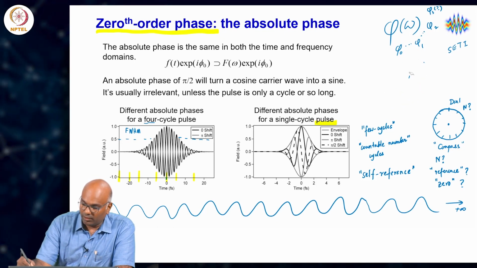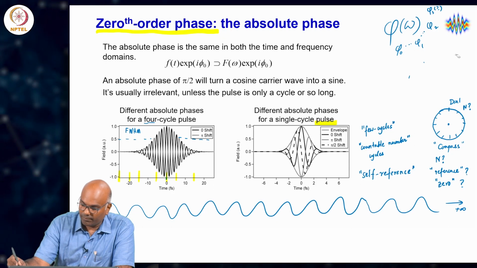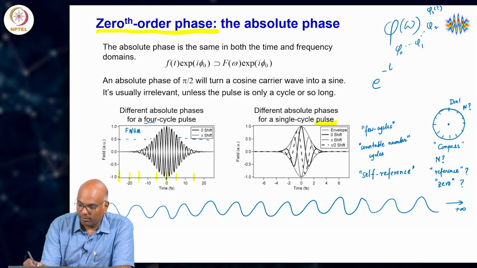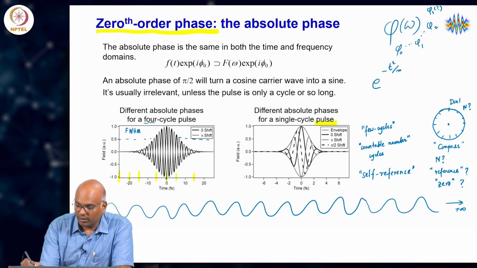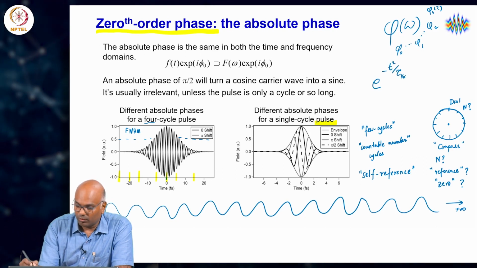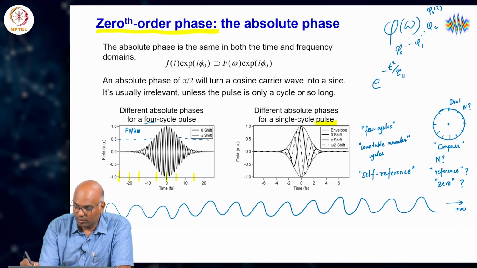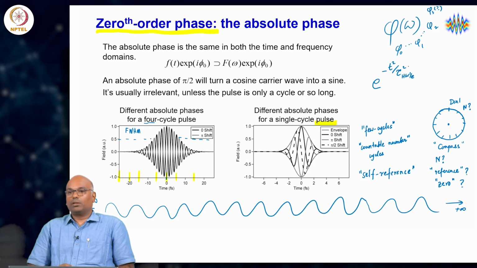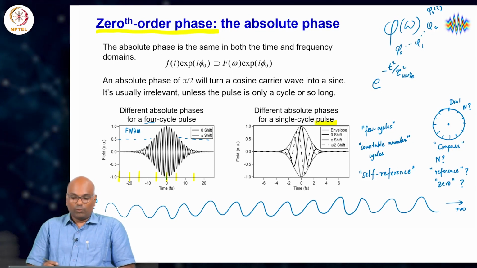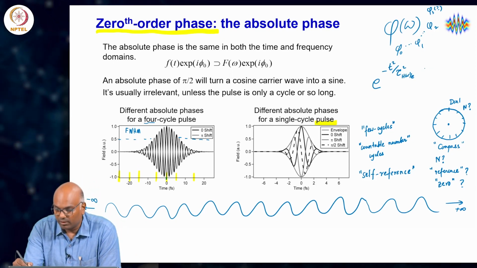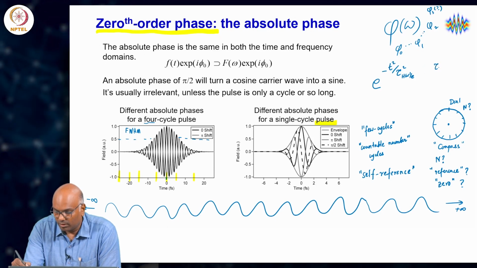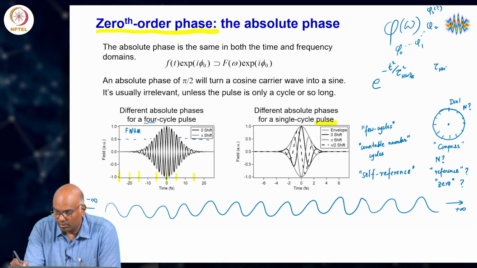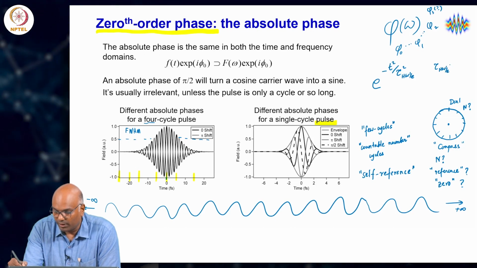We defined a Gaussian pulse as e to the minus t square divided by tau, with half width at 1 over e. This was 1 over e, and we related the half width at 1 over e